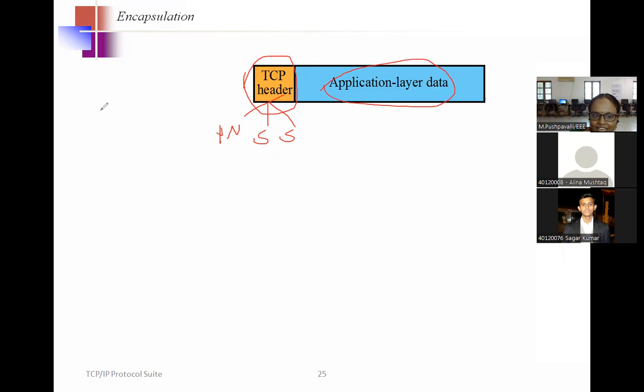We will receive the data from the application layer to TCP. Here they are explaining that the application layer, session layer, and presentation layer are treated as the same thing. So we receive the data from the application layer, and my TCP header will be added. That's why we have learned the TCP header. And once it comes to the network layer,